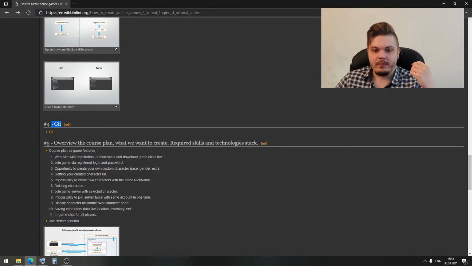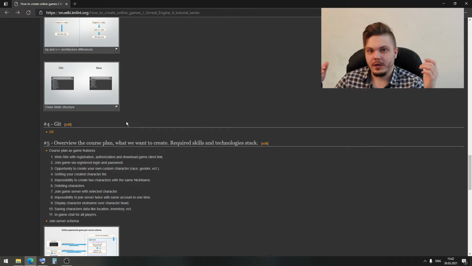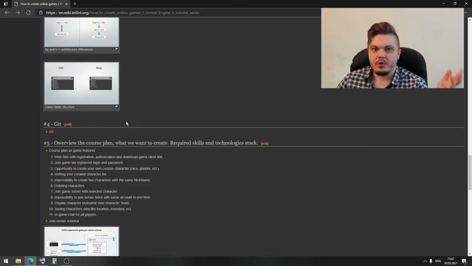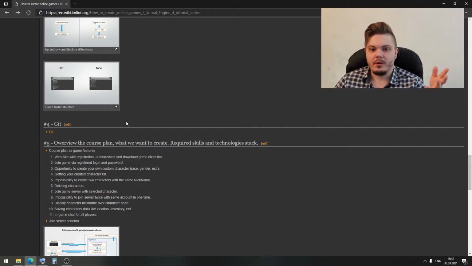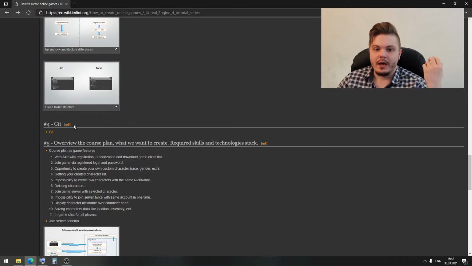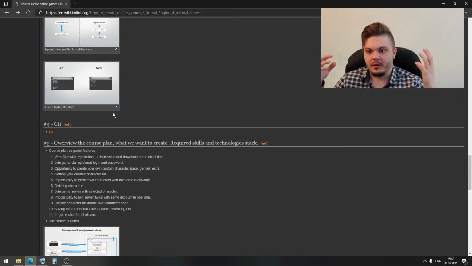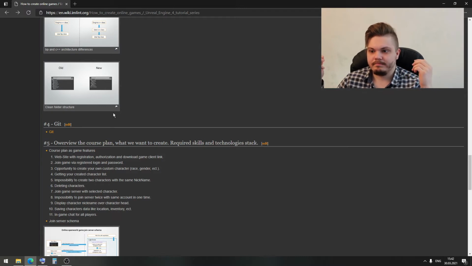Then in the fourth lesson we learned how to work with Git, because Unreal Engine 4 projects, and maybe your online game project, are not very simple stuff, and it's a great idea to make backups of your project every day to your GitHub account, for example, a private account, because